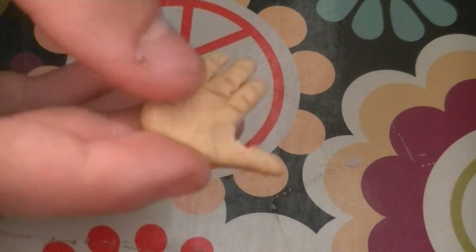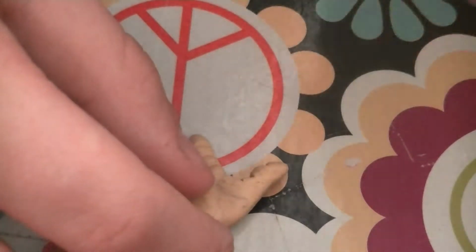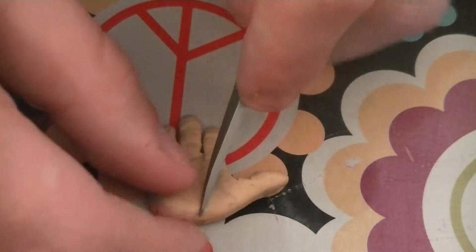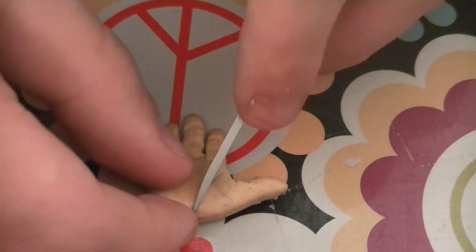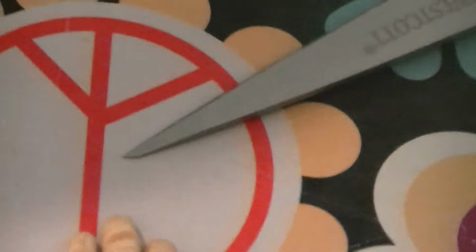Yeah. Okay, so next what you're going to want to do with this little handy boy here is take your scissor, your singular scissor, remember that, that's very important. And you're going to want to just sort of cut that. There we go. See that? Because that line right there is this line right here. See? Yes, very smart. Why are you going out of focus? What the heck, camera? Hang on, I gotta...